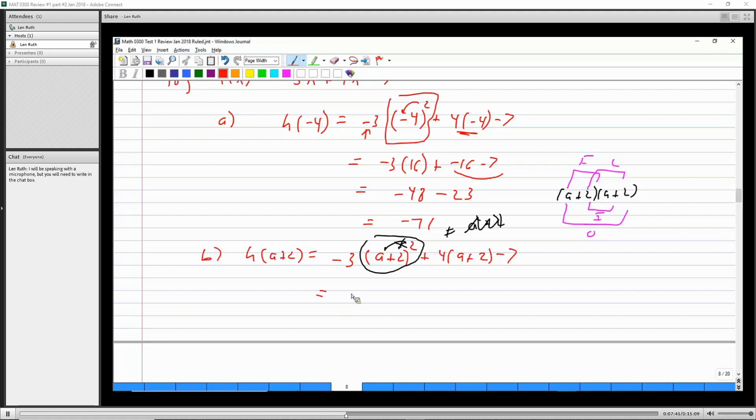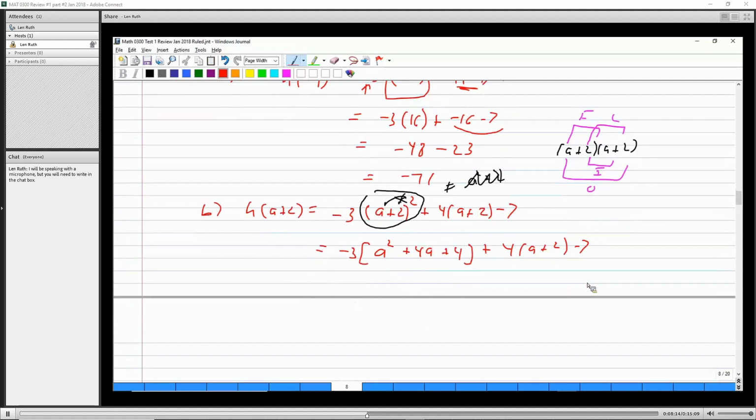down here we have our negative 3. And then with the FOIL, the a times a is a squared. Outer product is a times 2, which is 2a. Inner product is a times 2, which is 2a. Add those up, you get 4a. So that's outer plus inner combined. Last product is 2 times 2, which is 4. And I guess I'll save this other stuff for the next step. Okay, then we have to do some distributing